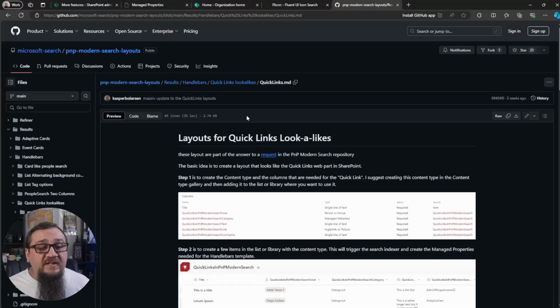So here is the link to the GitHub repository where all the PnP Modern Search templates are going to be stored. Now, this is a fairly new repo. I think it may be a few months old or so, so there's not a lot in here, but there's definitely some really, really good things. A friend of mine, Casper Larson, who does a lot of the support, actually, you see him up here in the most recent commit for this one,